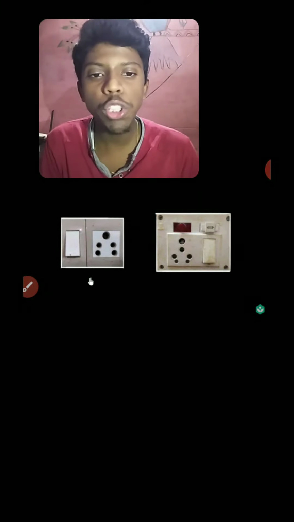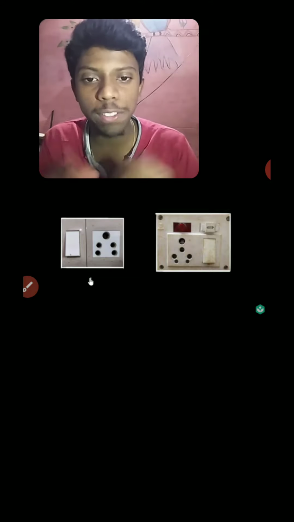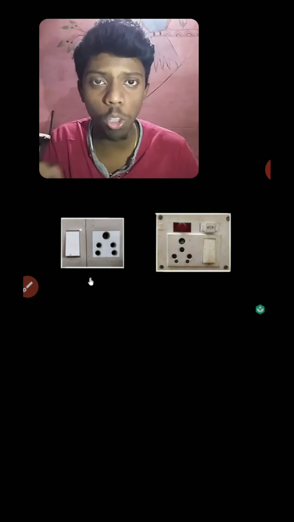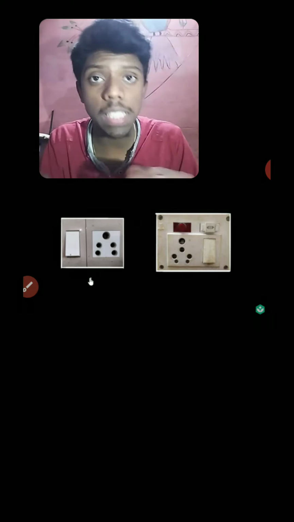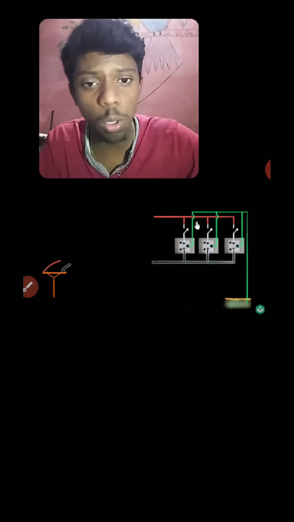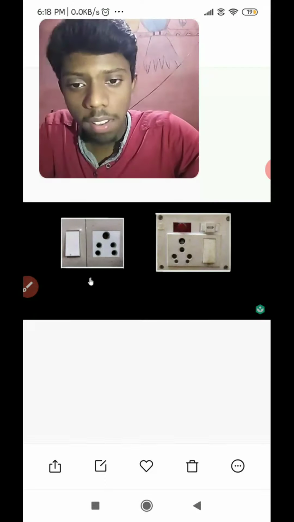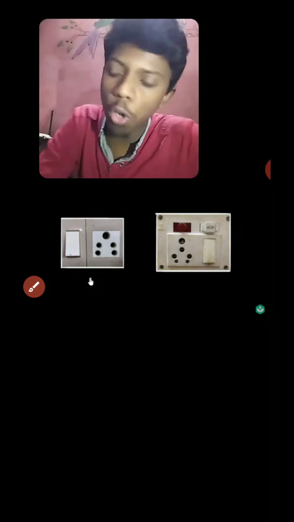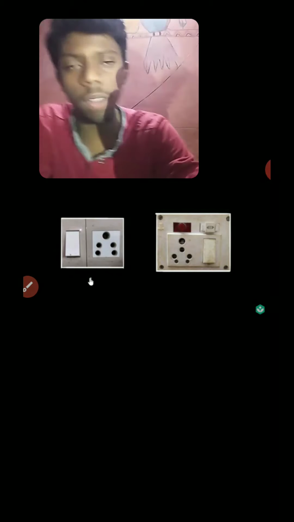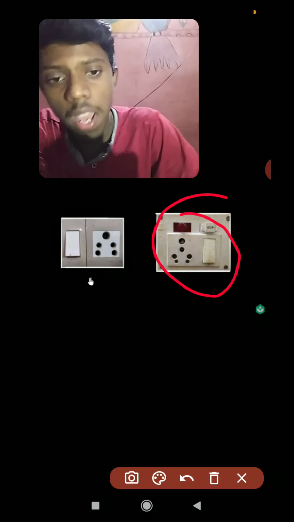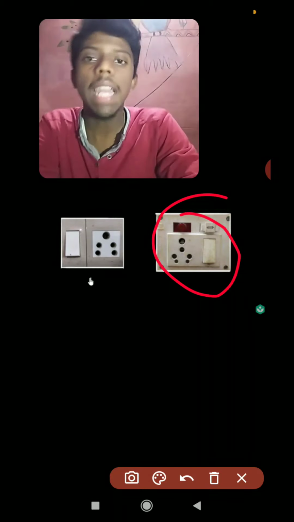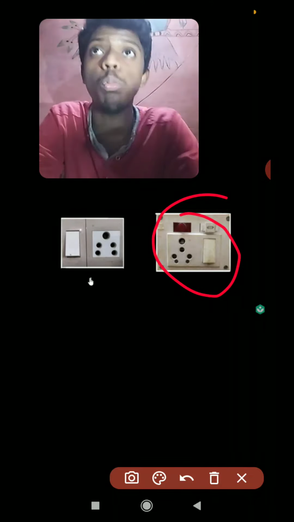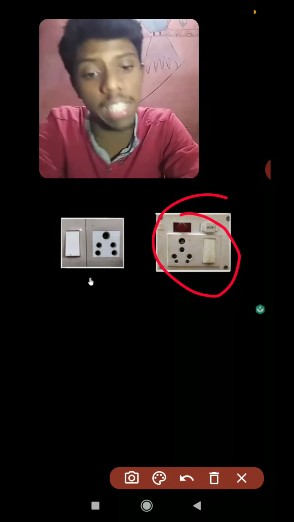Okay, now we are going to learn about the different types of switch boxes. You can see the two pictures on your screen, right? One has only a few holes, whereas the one on the right side has more holes. Why is that so? The socket with fewer holes usually connects electric fans or bulbs. But the socket with so many holes is connected to appliances which take more current, like a refrigerator, air conditioner, geyser, etc.